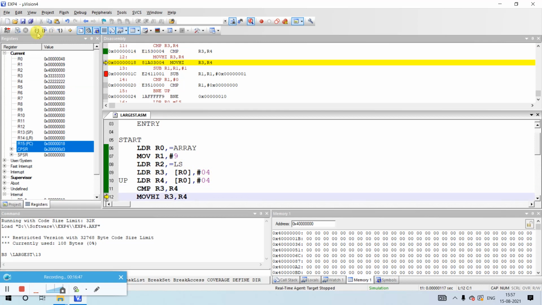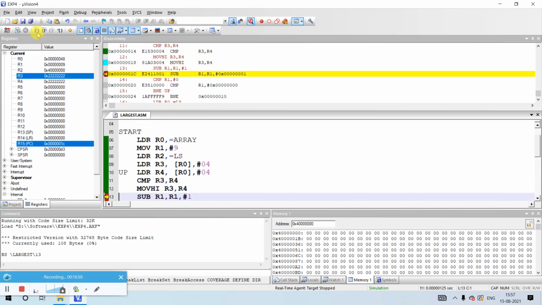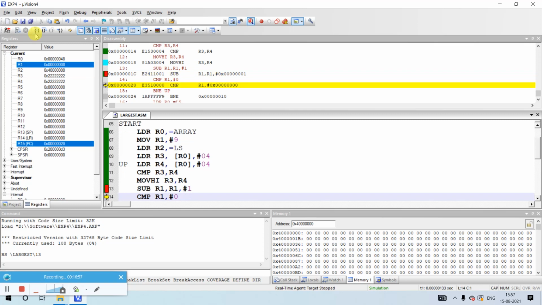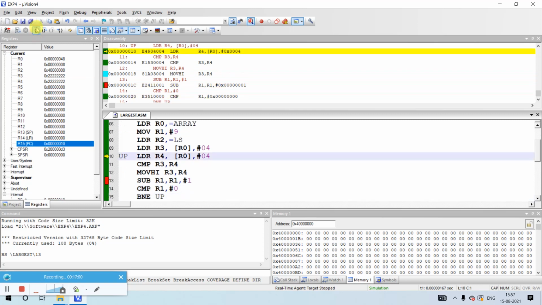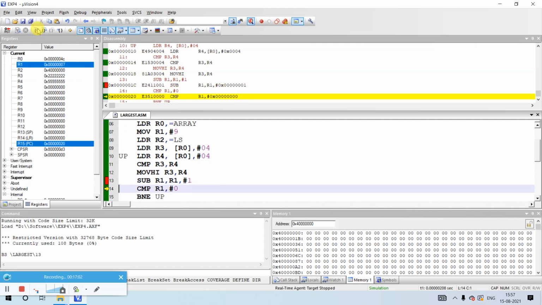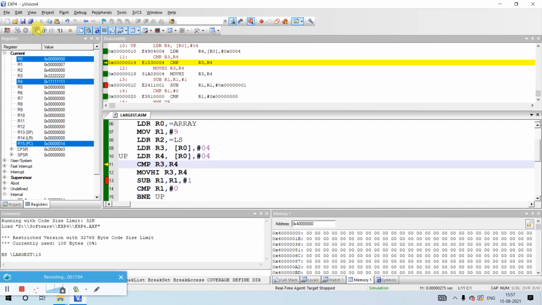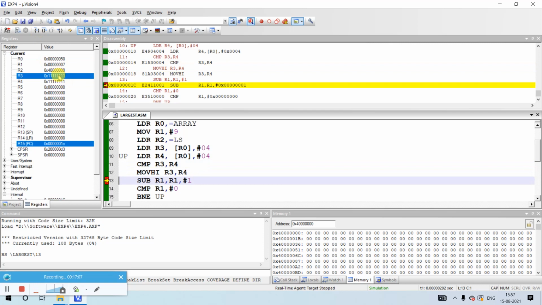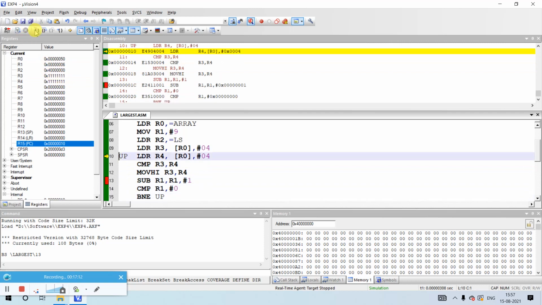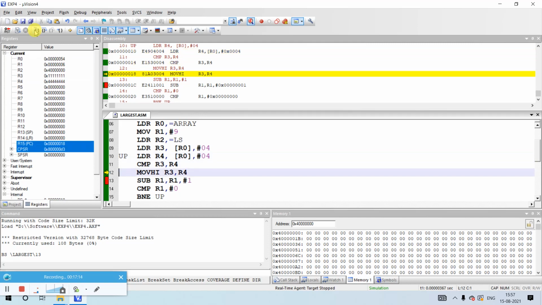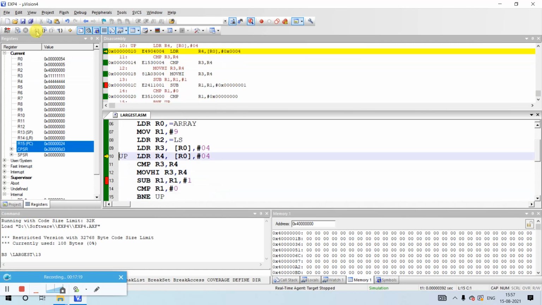Okay, move hi. So now we are going for the smallest number. You can see here, R3 should hold the smallest number. You can keep focusing on this R3 register here. Look at here, 2 and 5. Again, R3 is not swapping. R3 is still 2. Now you see, R3 gets swapped here. See, 1, 1, 1, 1, because among 2 and 1, 1 is the smallest number, right? And after that, it is not going to copy the number from R4 to R3, because 1 is the smallest among all. So R3 is not at all getting affected.